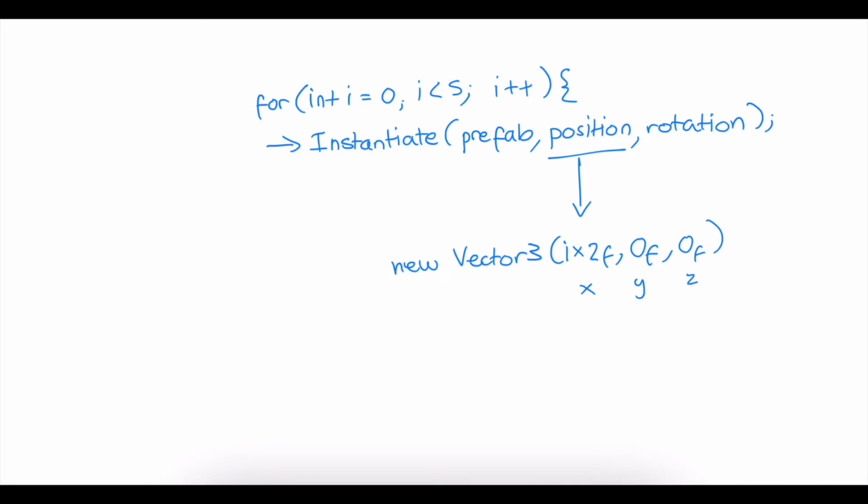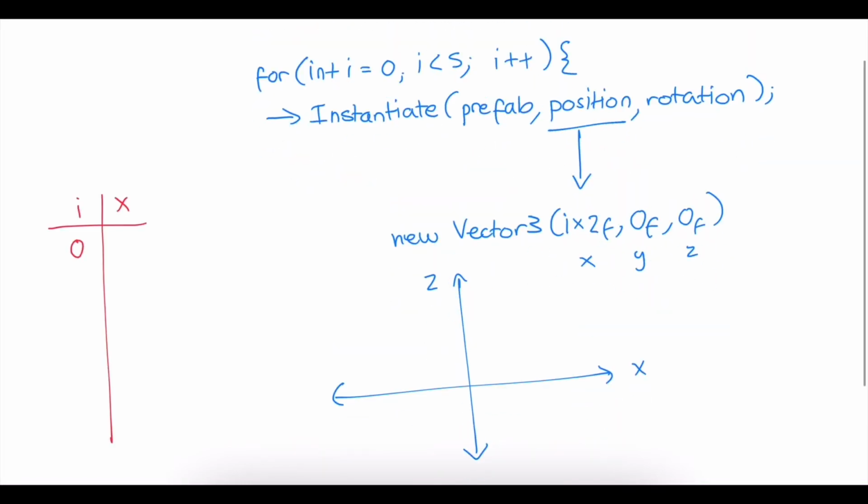So let's try and go through this for loop. If i is equal to 0, then x is equal to 0 times 2, which is 0. So we plot that in, and now I will add 1 to itself, and now i is equal to 1. 1 times 2 is equal to 2. We plot that in. Now i plus 1 more, and i is now equal to 2. 2 times 2 is 4. We plot that in, and we continue until we have